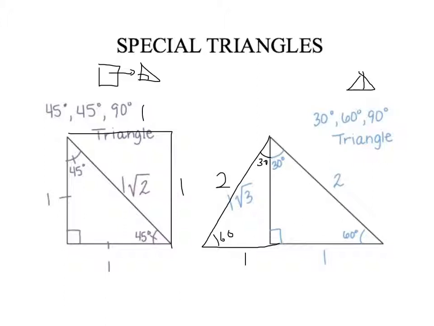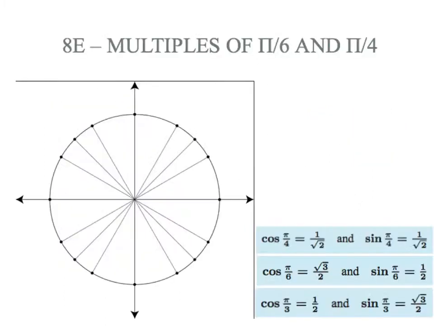So you do need to know the values of these, the angles and the sides of these triangles, because they're really important for later on. Okay, we talked about in class the special values, what the trig ratios of certain angles were. Specifically, we talked about pi over 4, pi over 6, and pi over 3, pi over 4 being 45 degrees, pi over 6 being 30 degrees, and pi over 3 being 60 degrees. Okay, so make sure that you are familiar with this